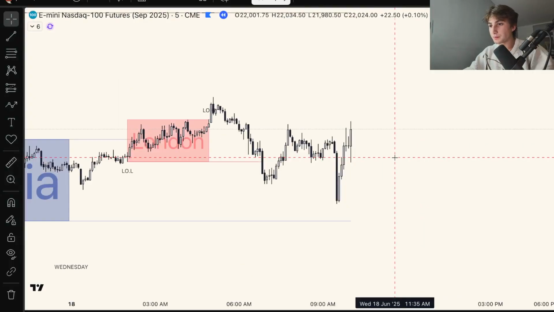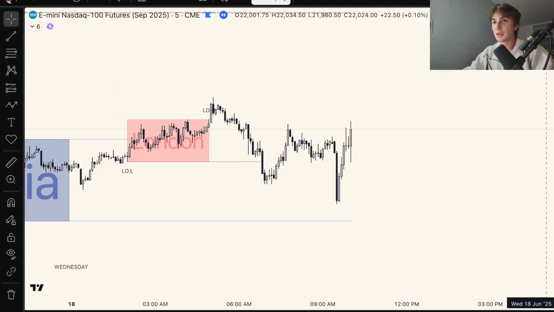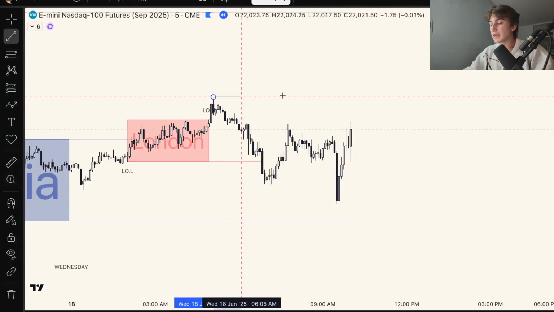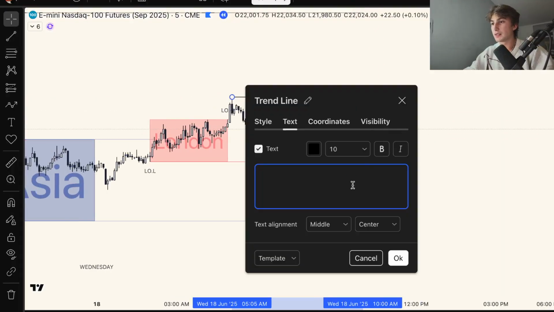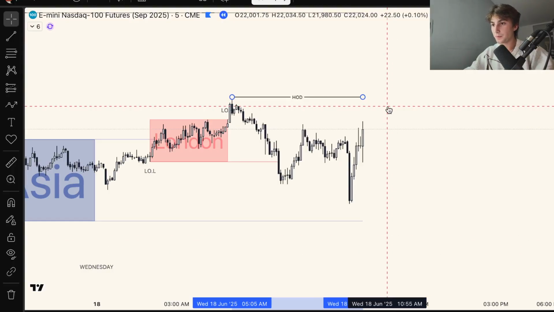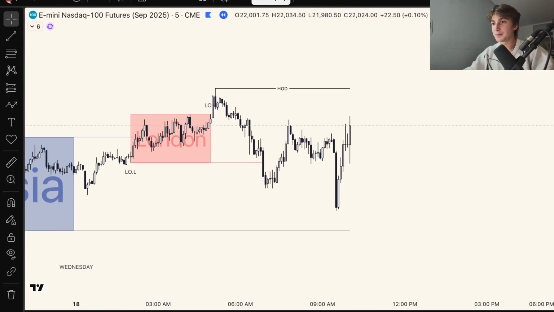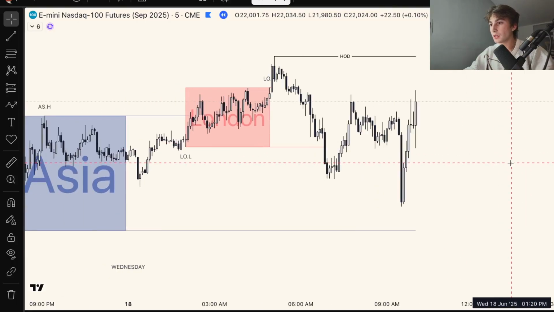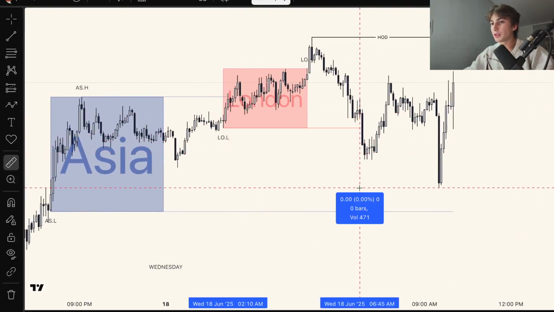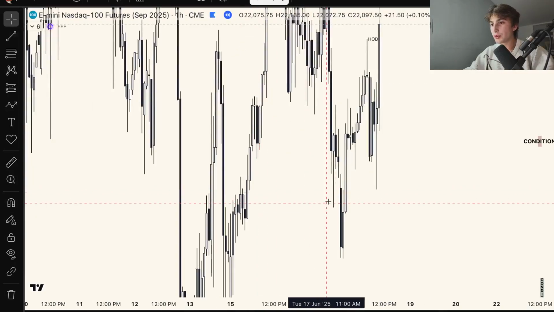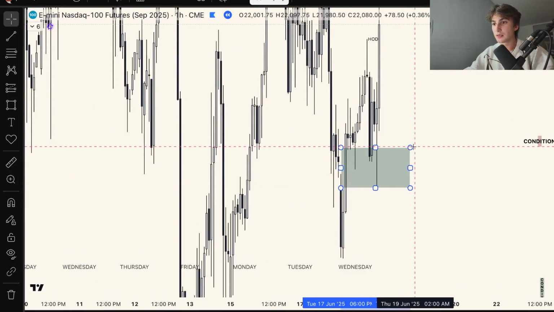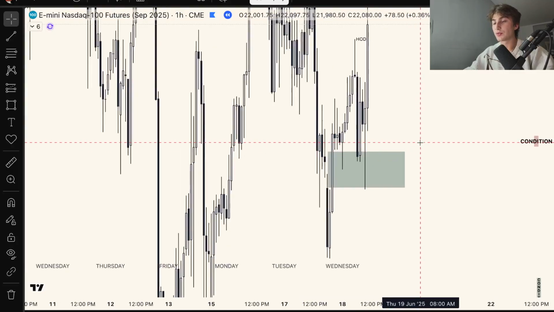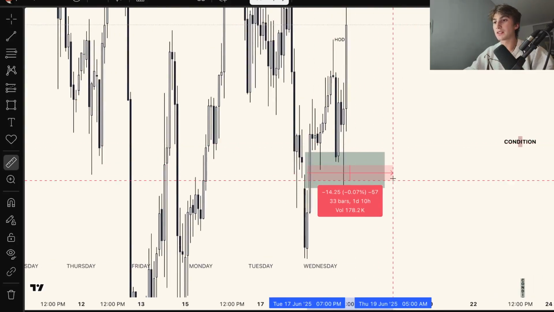So I see that we have this very nice buy side here. This high that took out London. I'm going to mark this out. This is high of day. And I see that we swept London lows, and we also traded into this hourly bullish fair value gap. Right? So since we've traded into this hourly bullish fair value gap and we've taken out this sell side liquidity